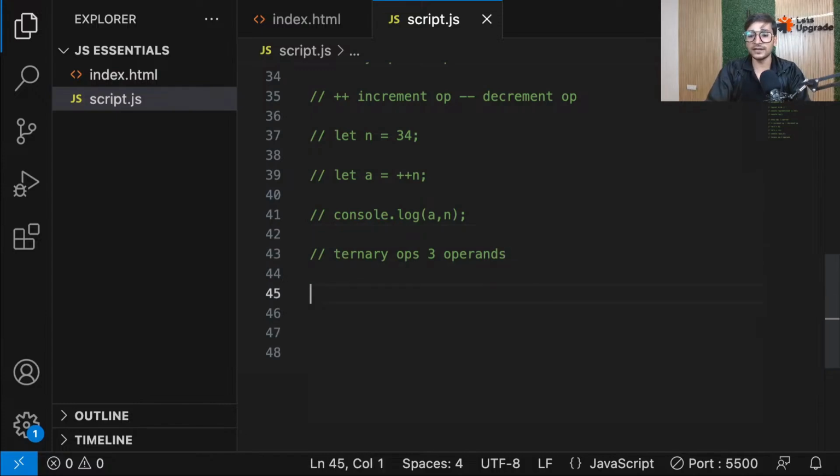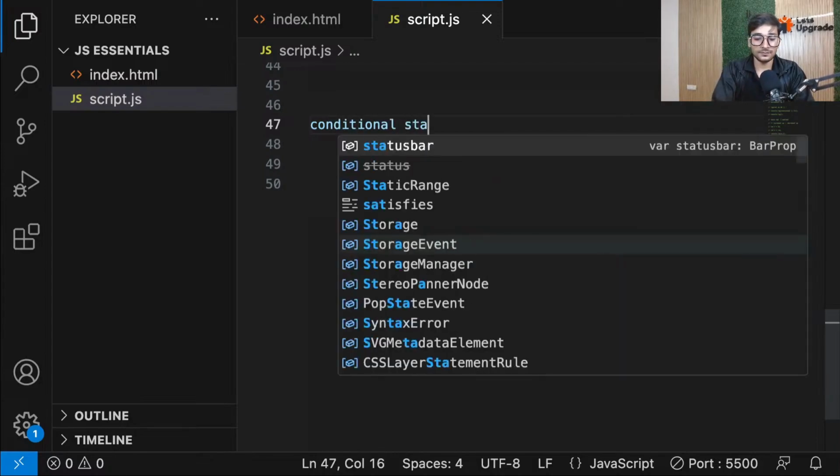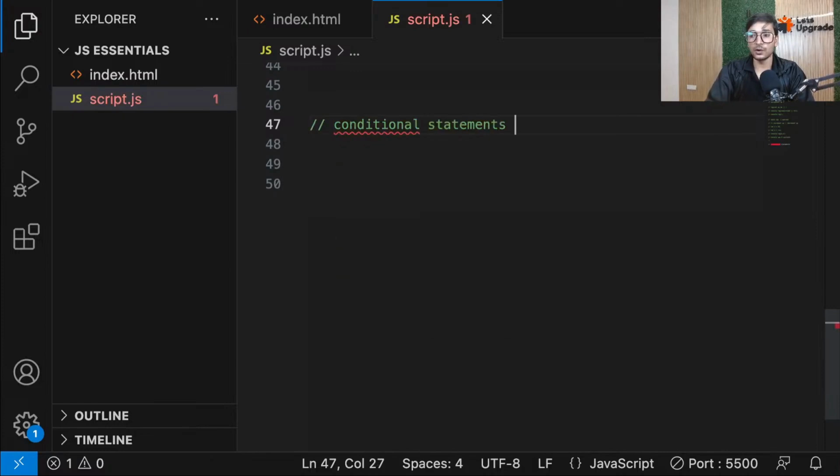And guys, the next topic that we are learning here is what you call conditional statements. Very important topic. Now, guys, first of all, before we move ahead, what is the meaning of conditional statements? You have to understand one thing, that in programming, thousands, lakhs of times in your programming,